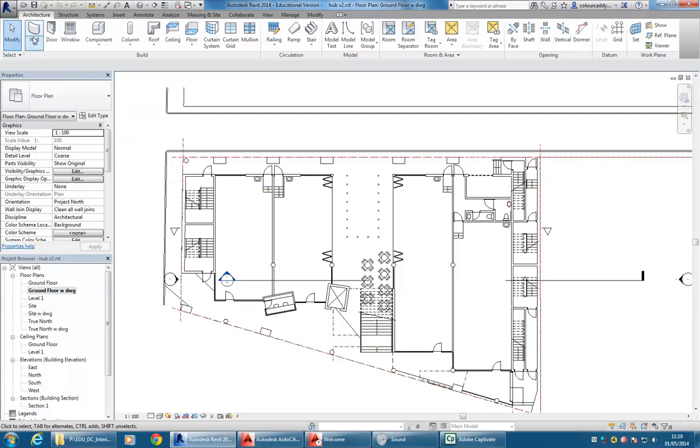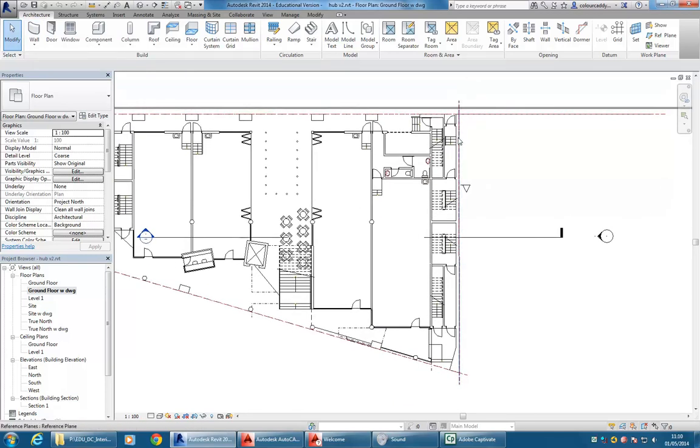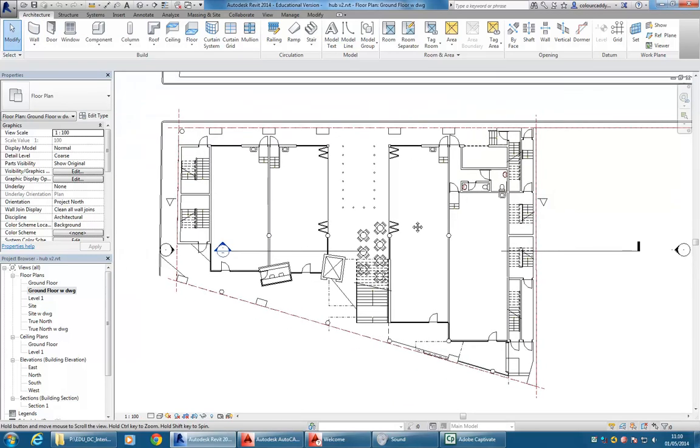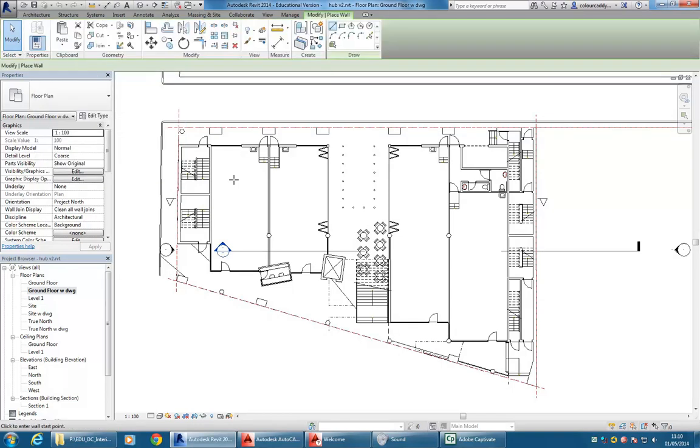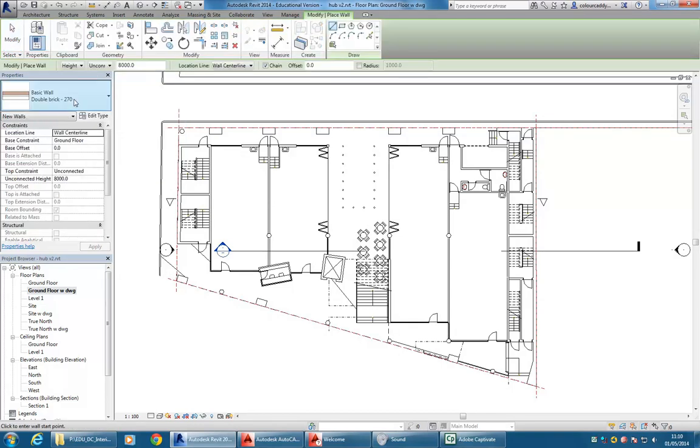So I'm just going to start with walls and draw them over the top of the floor plan. But if you don't have your AutoCAD drawing, you can obviously just go and draw the walls straight in without tracing over anything. So I'll again click on the wall tool there,